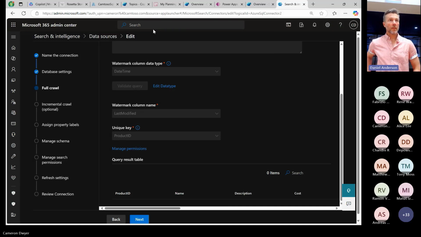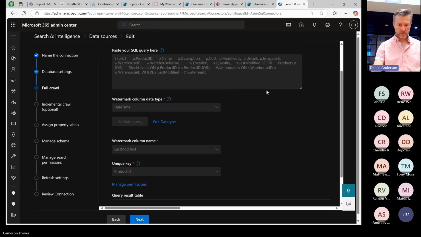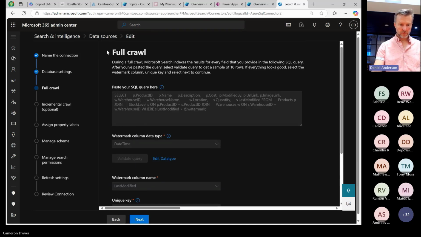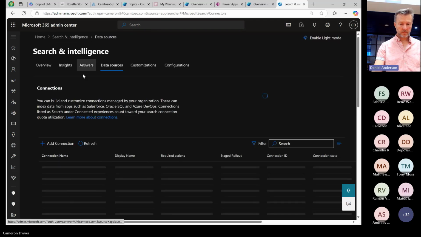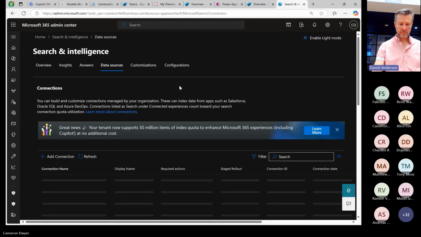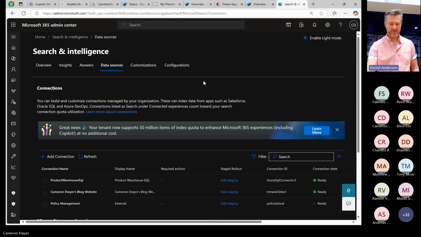Now we might have to take this one offline, but how do we calculate the proposed consumption of the M365 tenant when we use the graph connectors? So for example, if we add a graph API connector to an on-premise file server, and we connect to around 800 gigs of data, then how much of the tenant's capacity is consumed and what capacity bucket will it use from? I'm going to have a crack at that one, Daniel.